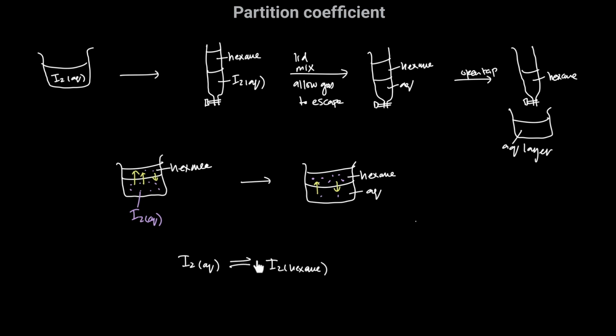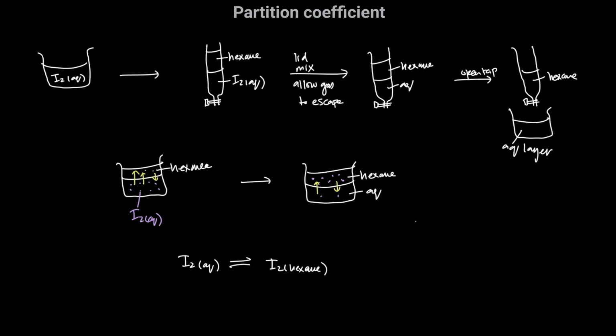Initially, the iodine is simply moving into the hexane layer. Eventually, the rate at which it's moving into the hexane is equal to the rate at which it's moving back. So at this point, what we have is a dynamic equilibrium, right? The rate of the forward process is equal to the rate of the backward process here. The rate at which iodine moves into hexane is equal to the rate at which it moves back from hexane